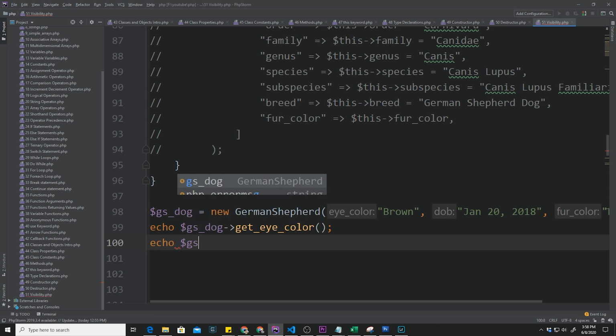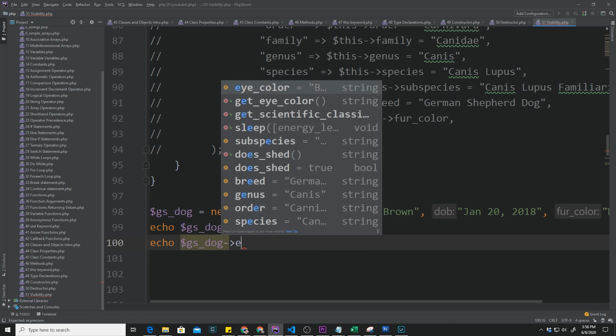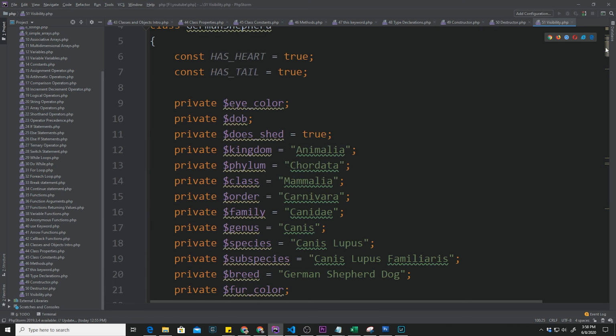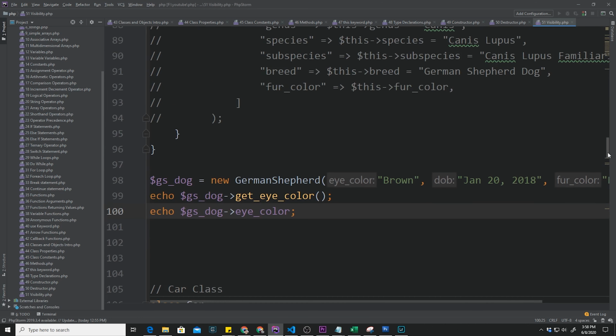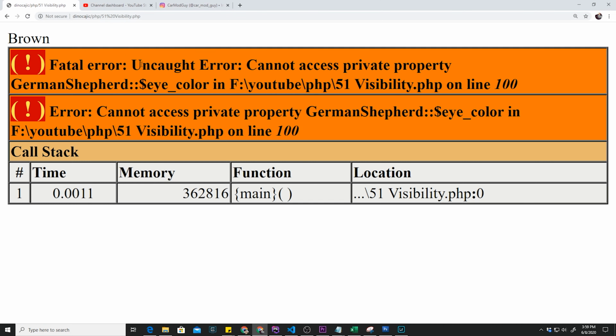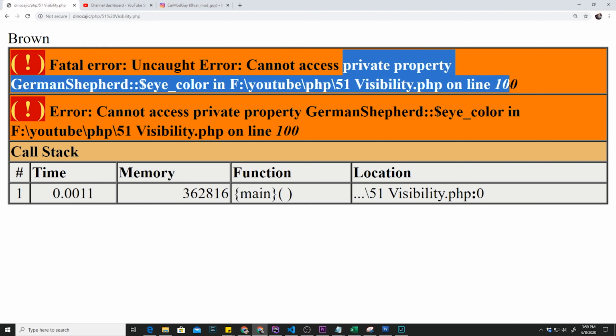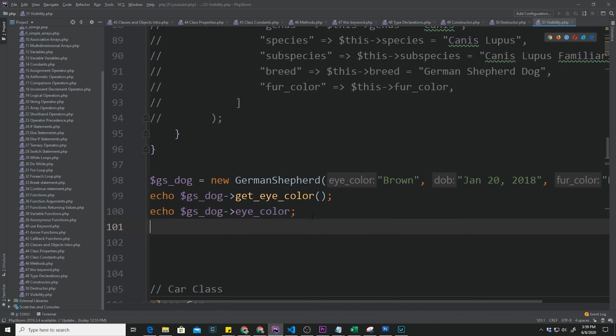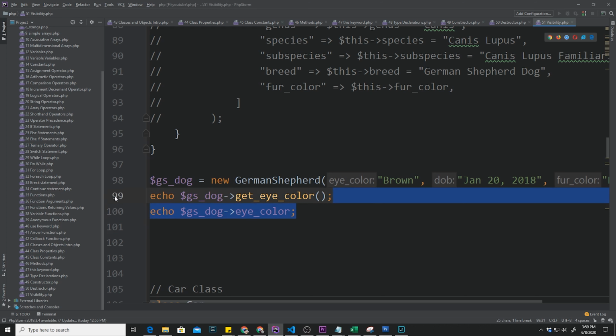So let's try to get the eye color that way. Let's just make sure that is correct. It is eye color and it is private currently. So let's see what happens if we try to echo out the eye color directly. We get this error. It says uncaught error, cannot access private property on line 100, which is what we were trying to do. So the only way to access it would be through a public method like what we did